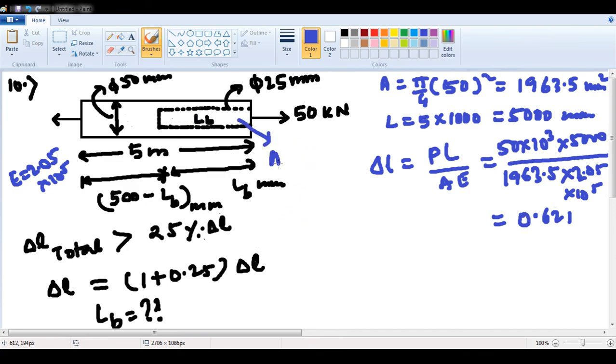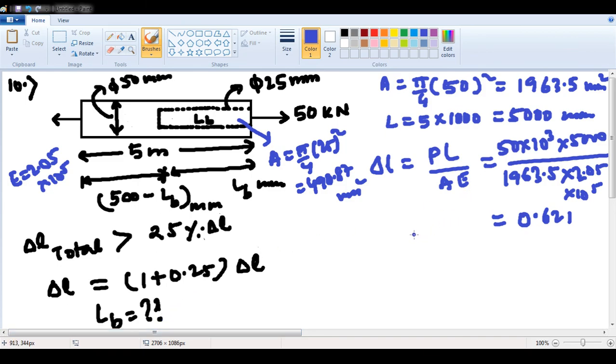Now, what is the area of the boring? This area will be A is equal to pi by 4 into 25 square, which is nothing but 490.87 mm square. Right? So therefore